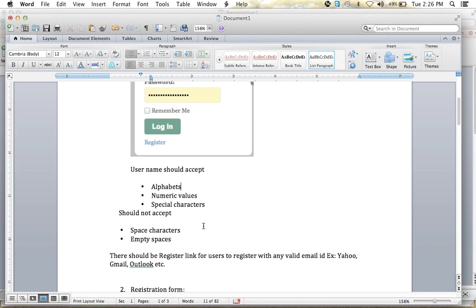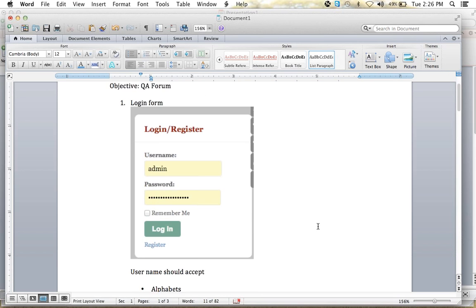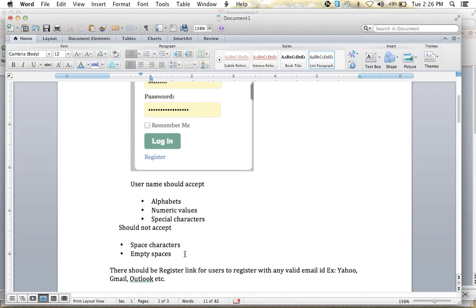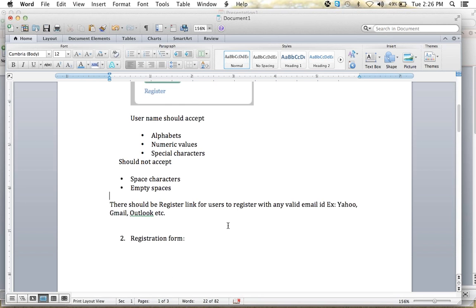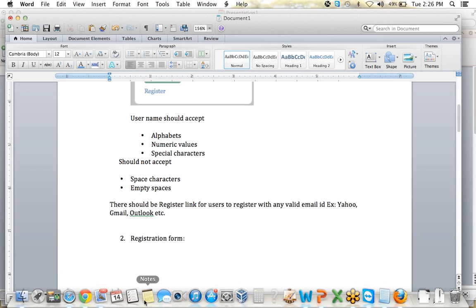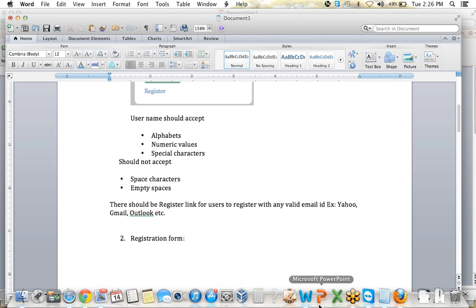So in test execution, what we do is verify actual value and expected value. So how do we know the expected value? All the expected values are nothing but the values mentioned in the BRD document. They already give that it should accept alphabets, numeric values, and special characters, right? All the things mentioned in the BRD document will be your expected values. Then we can know what the expected value is.